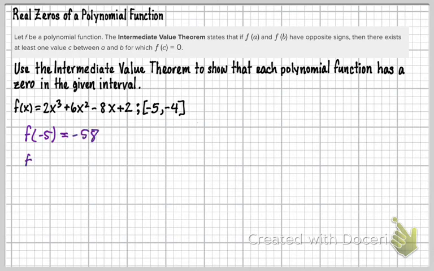And I'm also going to plug in -4, and if I plug in -4, I'm going to get 2. Now notice here the signs are different. They're opposite signs. So that tells us then that there exists at least one c